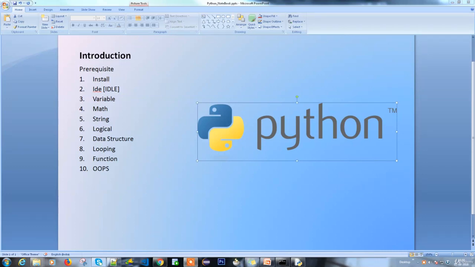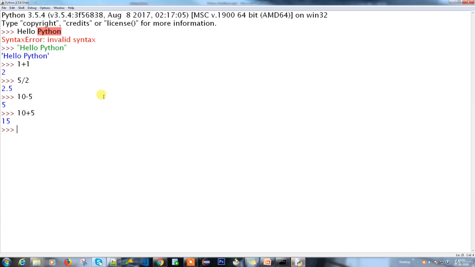Welcome back everyone. So far we have discussed how to install the IDE and how I'm going to write my first code in a Python IDE, and some basic stuff we covered in the last video. Whatever we did, how to print data or a string or how to do some calculations. As I said, 10 plus 5 is 15. That's cool. So what am I going to do with that?